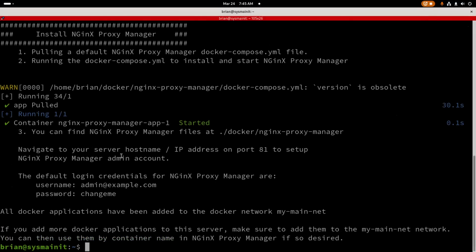Everything is installed, should be up and running, and right here I give you a little bit of information about NGinX Proxy Manager. So you need to go to your server on port 81 right here, and then this is the default credentials, so we need to go change those, but we've got to do some other setup to secure NGinX Proxy Manager anyways, so we'll go do that. Let's go back to our browser,